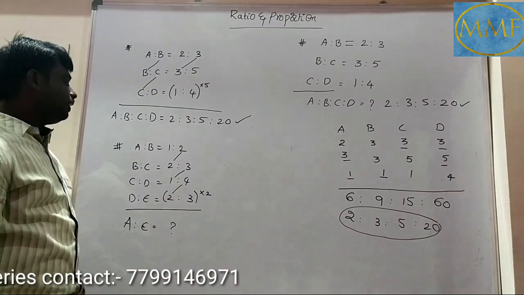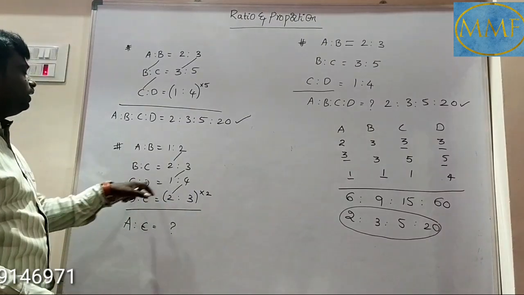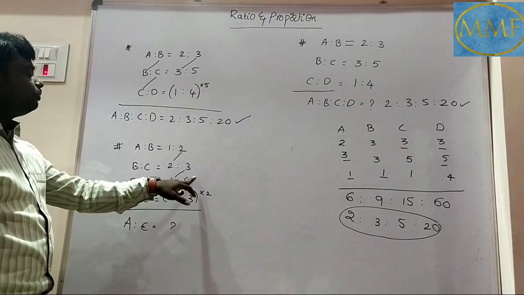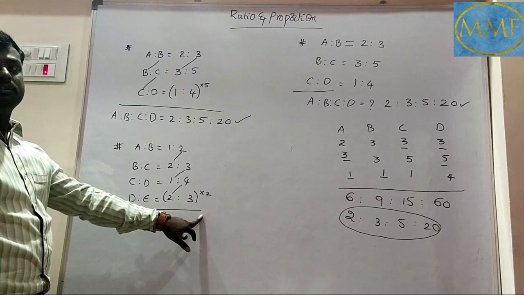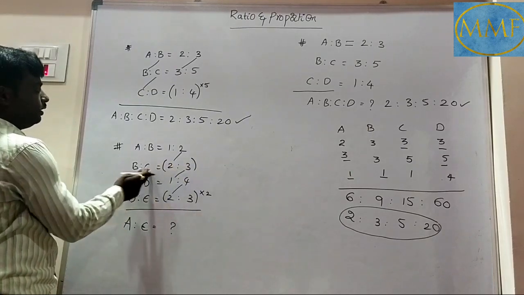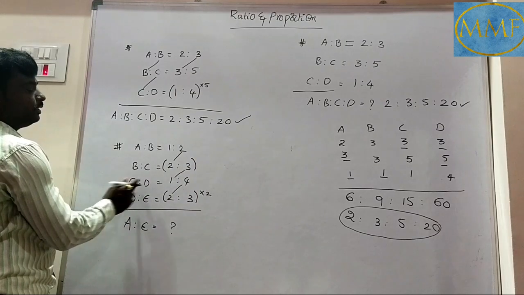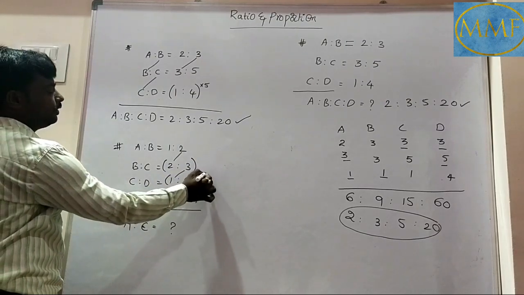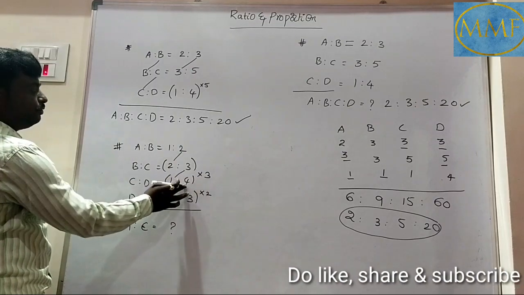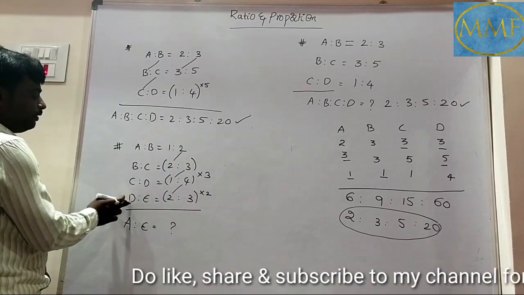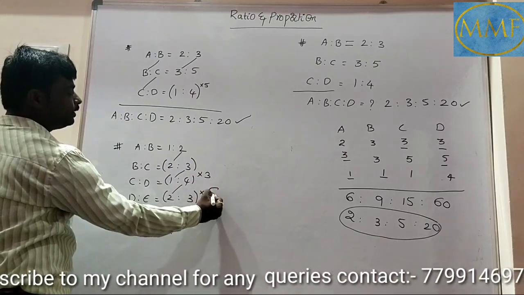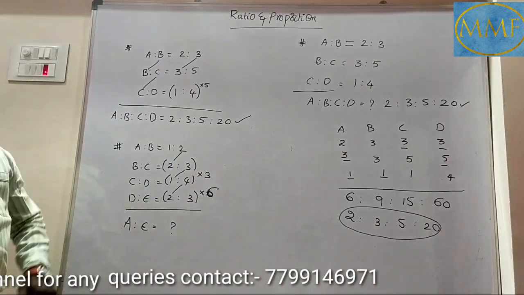Then if you see here, what about C? Here 1, here 3. To get the same answer, if you multiply here by 3, again this value will vary. Now let's see here what we should do. So C is already 3. If you want to get C as 3, multiply this with what here? 3. Now 3 into 1 is 3, same value. But 3 into 4 how much? 12. But the D value is how much here? 2. To get 12, what should be multiplied here? 6. So like that you can get the same values.